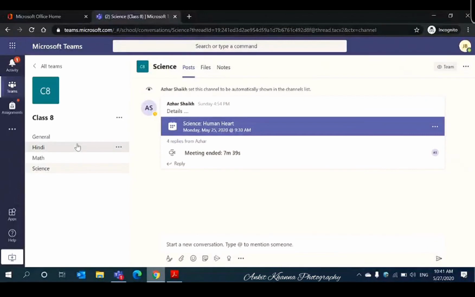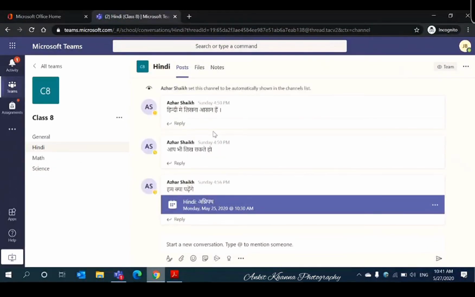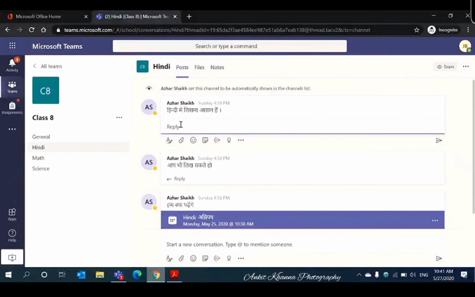And also, if you find something that the teacher has posted in their channel and you want to ask your doubt, there is a very easy thing: we have provided reply. If any reference material or any post your teacher is sharing with you, after going through it, you can ask your queries and doubts by just replying to that post, asking, could you please explain, let's say, the second stanza. It is just an example I am giving you.